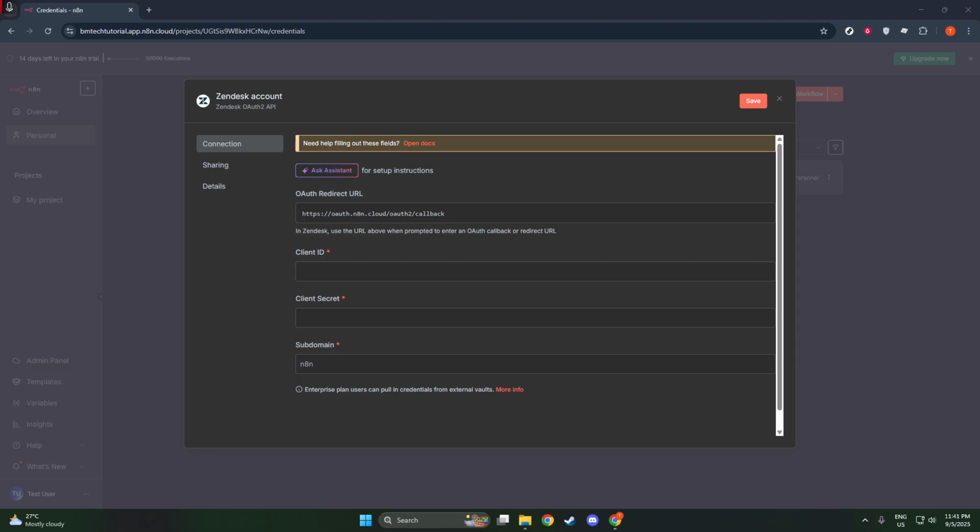Once everything is entered, make sure to click Save. This action will store your Zendesk credentials securely within N8N. And there you have it. By following these steps, you've successfully connected Zendesk to N8N and opened up a world of possibilities for automation within